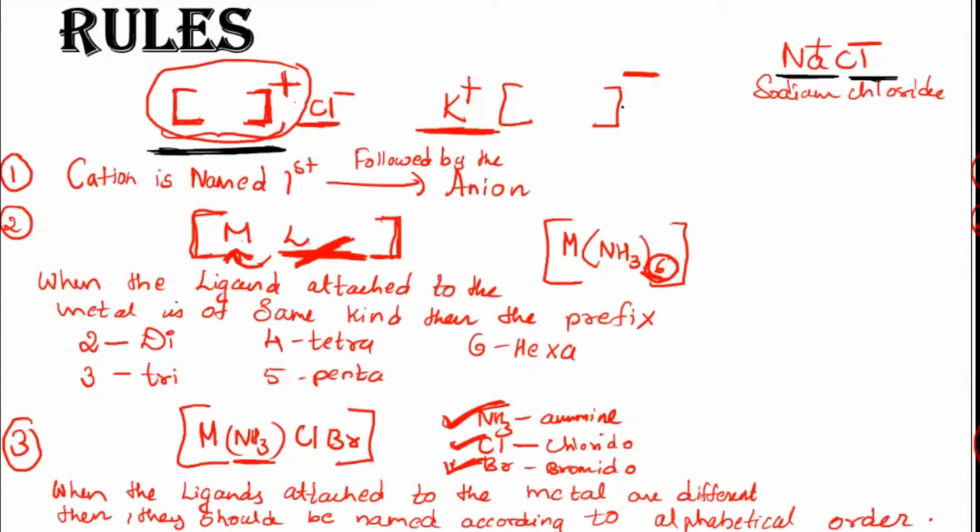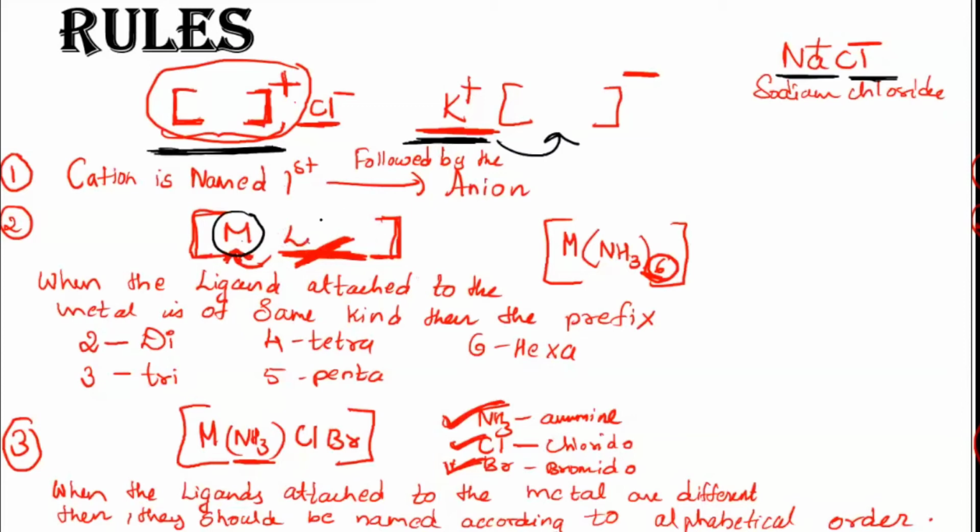If it's an anionic complex, where the coordination sphere is negatively charged and you find the positive ion outside, you will name that positive ion first, then you will go into the coordination sphere. Inside that, you find there is a metal present, and the metal is usually written towards the left side. Then you will find many ligands. Here I have just written L, meaning ligands will be present. It can be the same kind of ligand or different kinds of ligands.